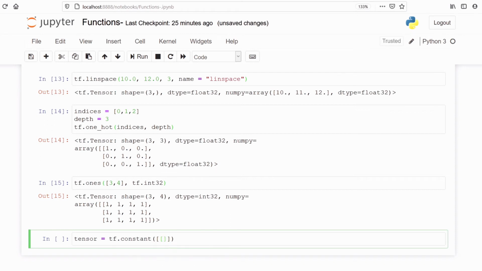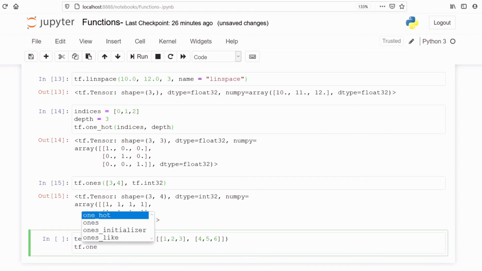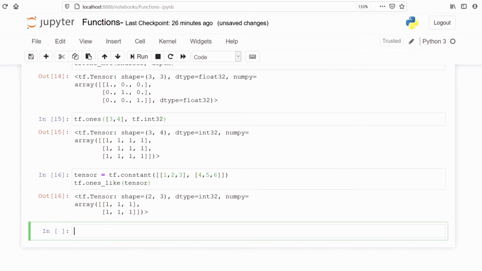We will store some numbers 1 2 3, 4 5 6. Now we are going to call our method tf.ones_like on our variable tensor, and let's see, we got 2 rows and 3 columns, and all the numbers are ones.